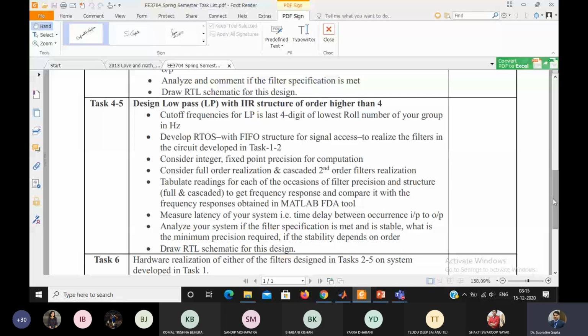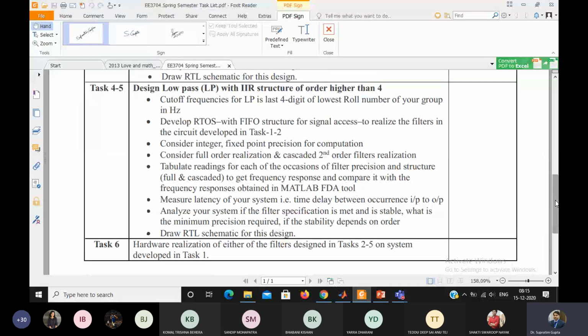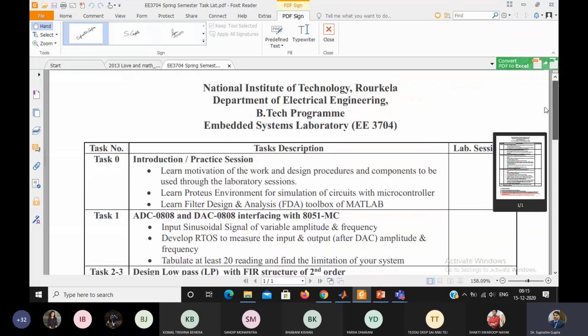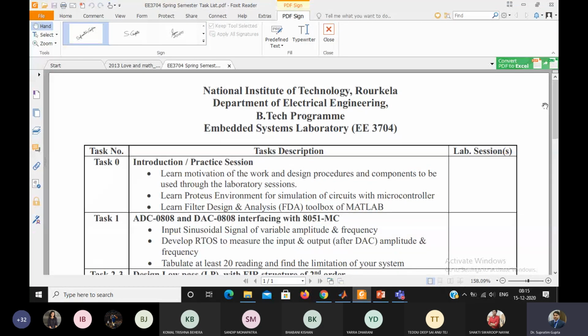Task 6, actually I do not know where, means if you are coming by within the semester end, then you can execute it here in the lab, or if you are interested, by your own interest, you can also realize it on hardware, because the component price is not very high, so it is up to you. Otherwise you can come whenever you are coming and work in the lab with this hardware. But up to task 5 we can do it in simulation, so you can do it at your home. Okay, so let us start